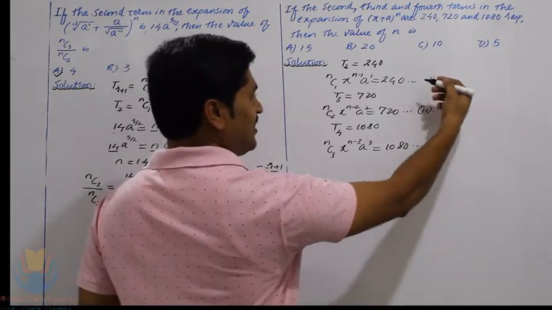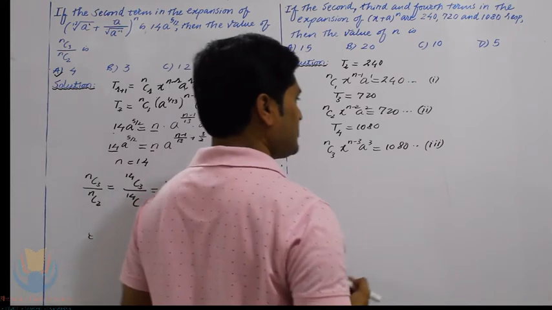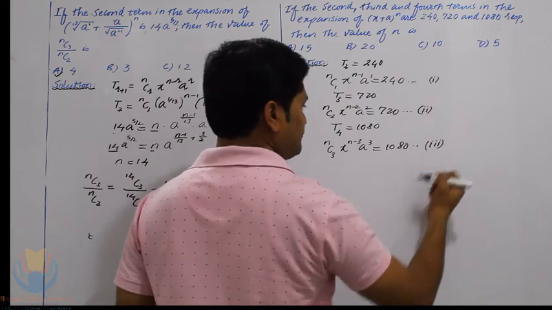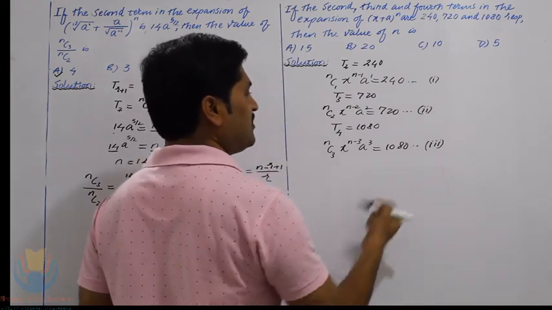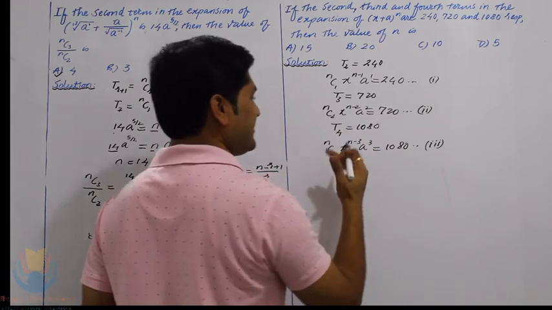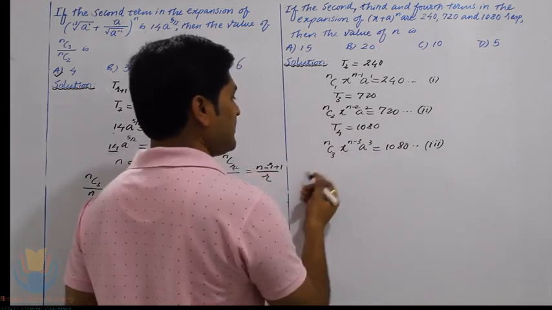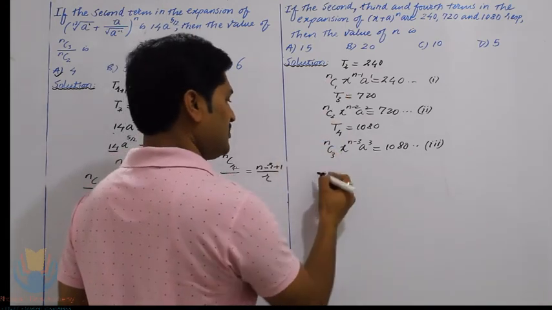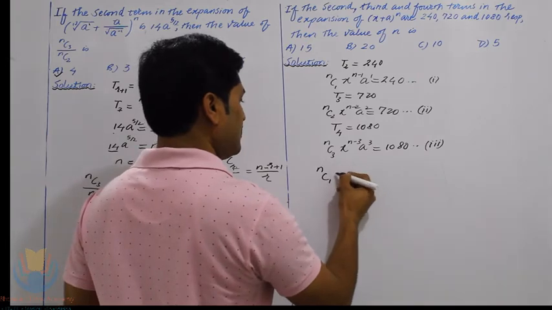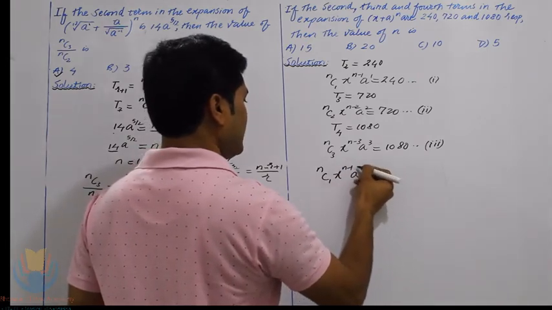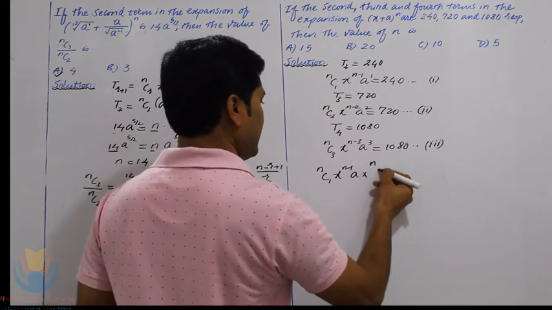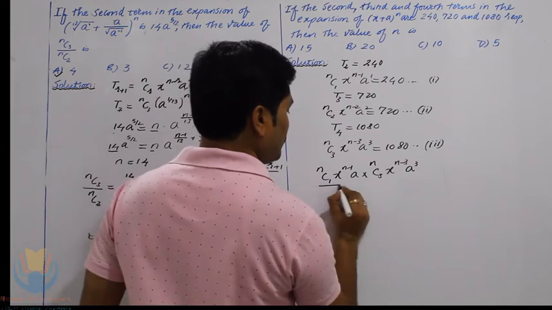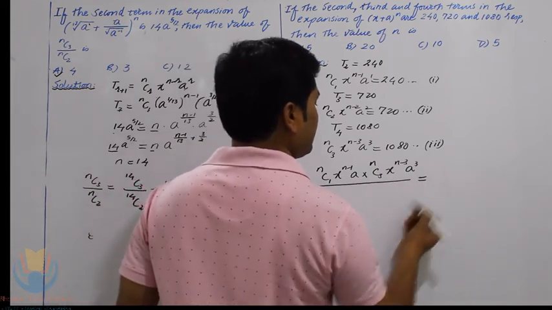I repeat, to eliminate x and a from those three equations, we have to multiply equation number 1 and equation number 3, and to that product we have to divide the square of equation 2, that is LHS and RHS. So let's do the same. First we will multiply LHS of equation 1 and LHS of equation 3. So that will be nC1 into x raised to n minus 1 into a, that into nC3 into x raised to n minus 3 into a cube, and as I was saying, we have to divide this LHS